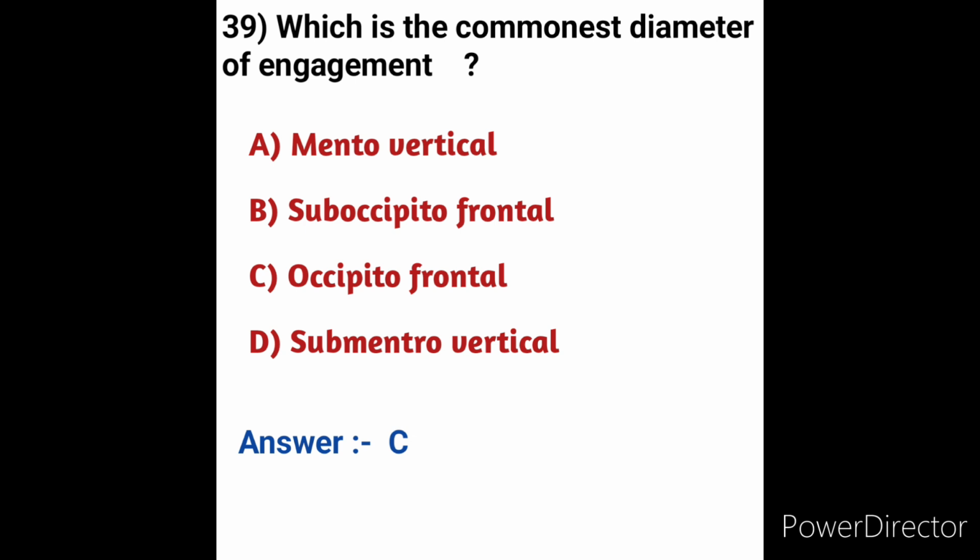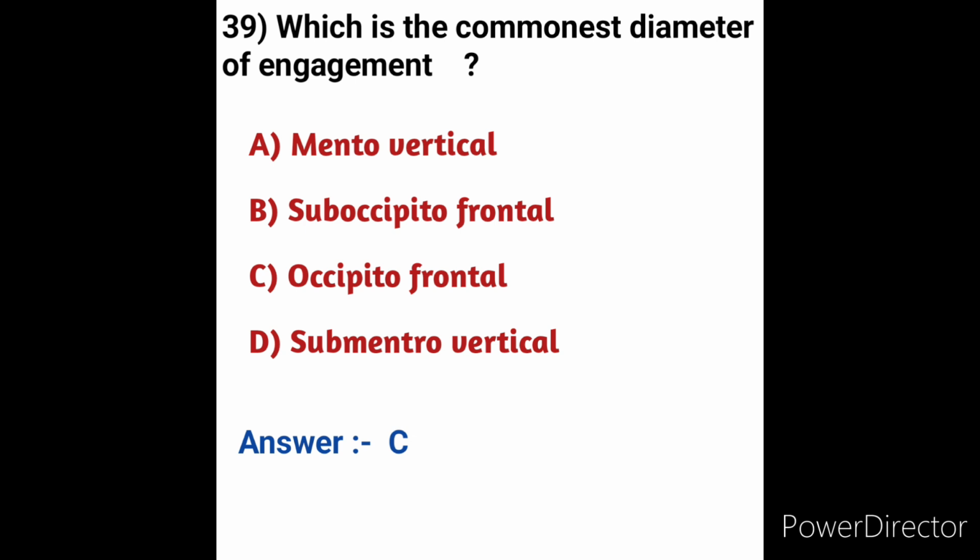Which is the commonest diameter of engagement? Okay friends, what is the commonest diameter in the pelvis at the time of engagement? Options. Option A, mentovertical. Option B, suboccipitofrontal. Option C, occipitofrontal. And option D, submentovertical. The diameter most frequently used has an average length of approximately 11.5 centimeters, the occipitofrontal,